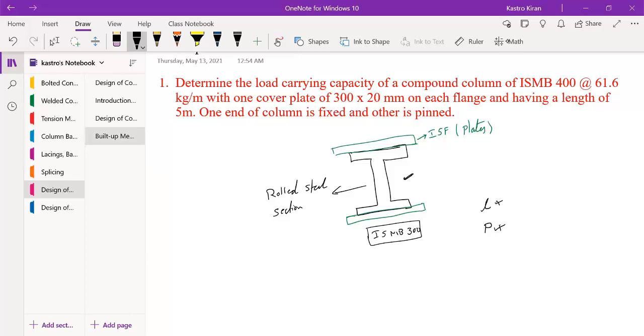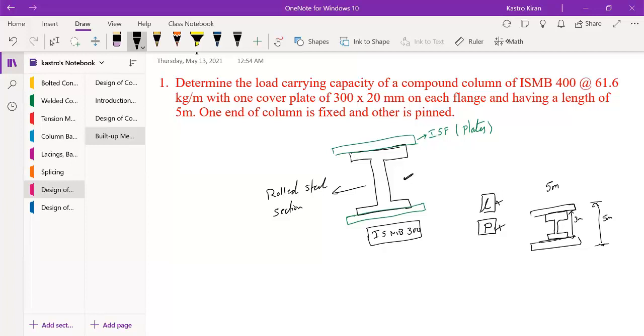Now, what is the function of a built-up section? It can accommodate length. Suppose, for example, you need 5 meters of length or height, but you found that you have the I section only up to 3 meters or 4 meters. So you are going to add some extra plates on the top and the bottom in order to compensate for the 5 meters length of the section. So you found that this member has only 3 meters, and the remaining can be accommodated by using these plates. It is just an example. And built-up sections can also take a sufficient amount of load.